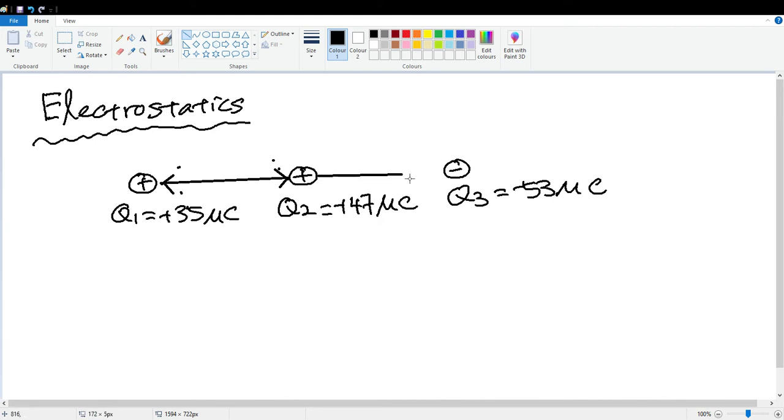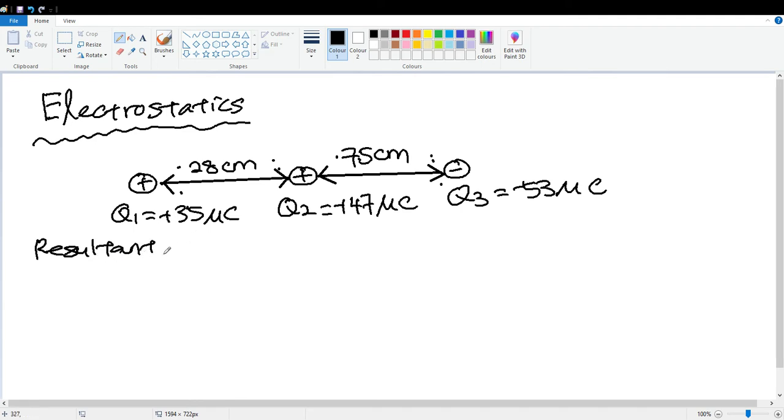This is the distance separating Q1 and Q2, and this is the distance separating Q2 and Q3. This is 28 cm, and this is 75 cm. So my question is, find the